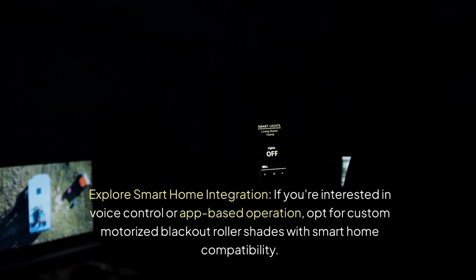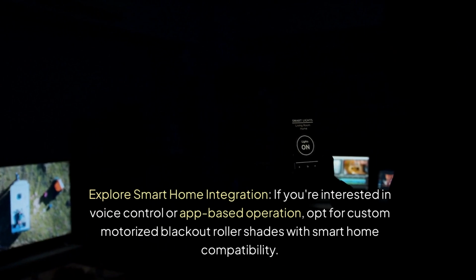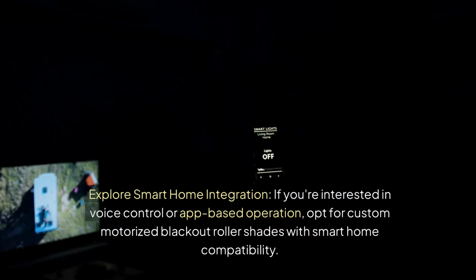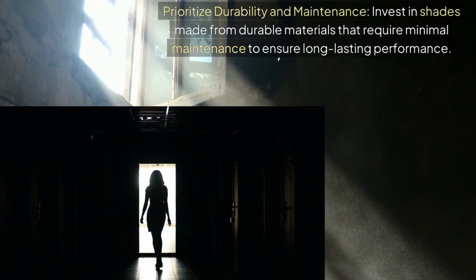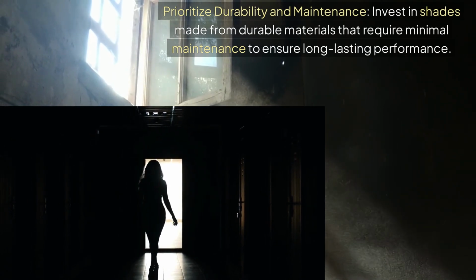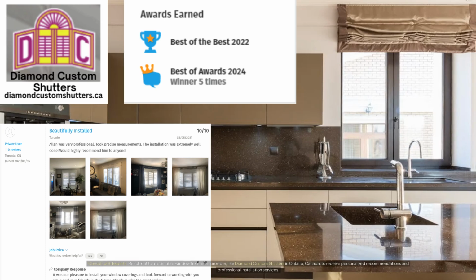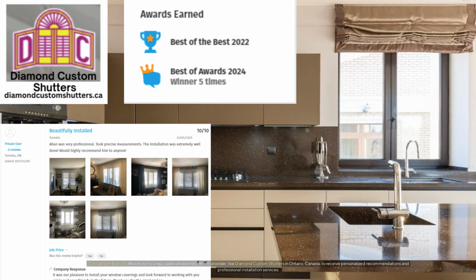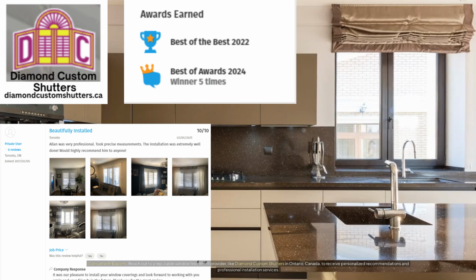Explore smart home integration. If you're interested in voice control or app-based operation, opt for custom motorized blackout roller shades with smart home compatibility. Prioritize durability and maintenance. Invest in shades made from durable materials that require minimal maintenance to ensure long-lasting performance. Consult with experts. Reach out to a reputable window treatment provider, like Diamond Custom Shutters in Ontario, Canada, to receive personalized recommendations and